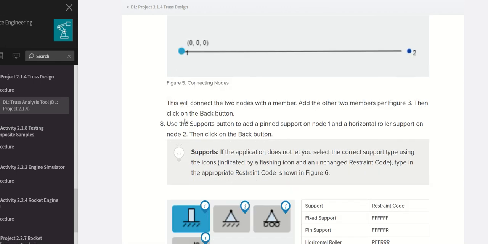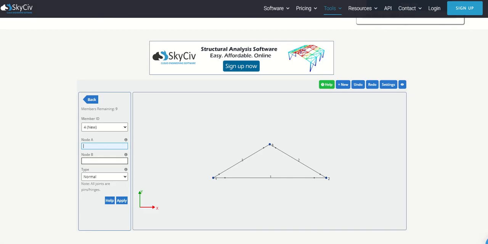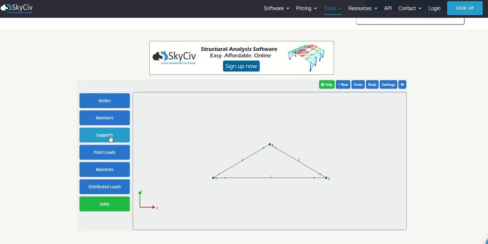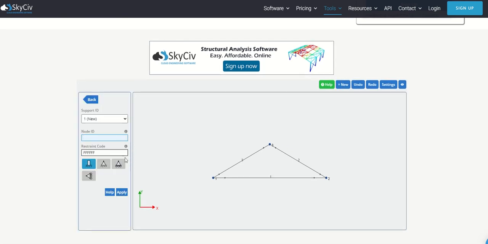Now the next step, step 8, is to add the supports. All right, so I'm going to add a pin support on node 1 and a horizontal roller support on node 2. So I'm going to go back here, I click back, and then supports. And if you just place your mouse on top, it will tell you which one is this. So this is a fixed support, and I wanted it at node 1.